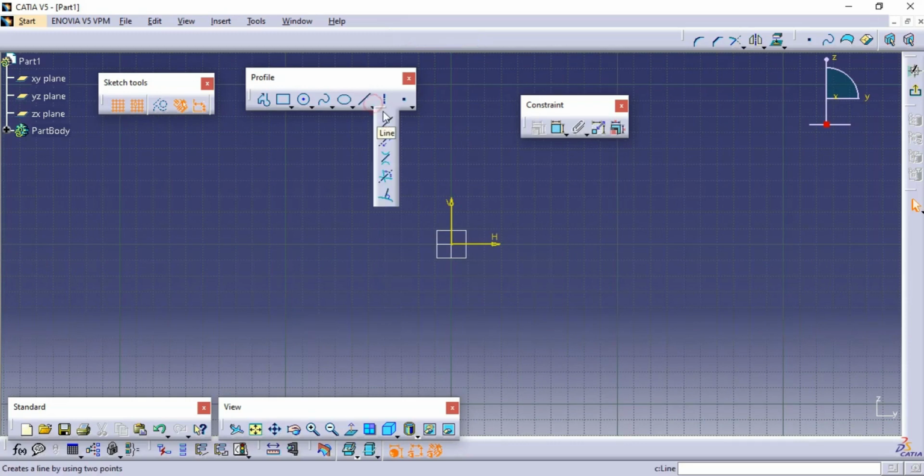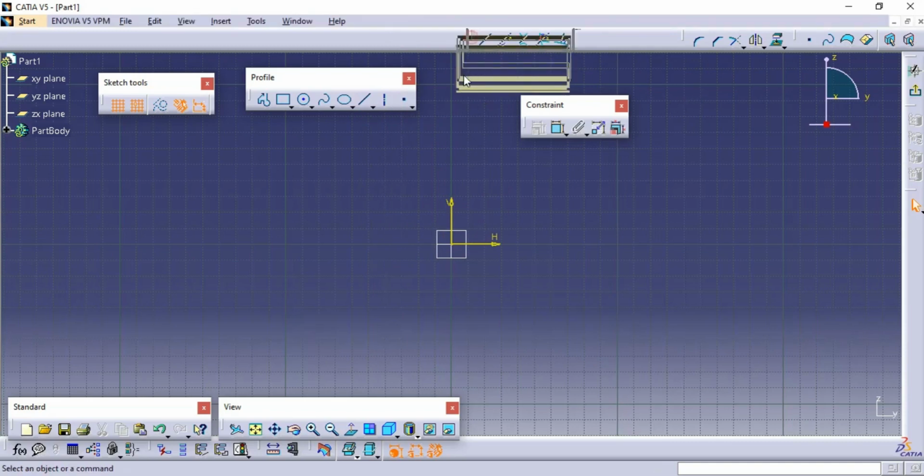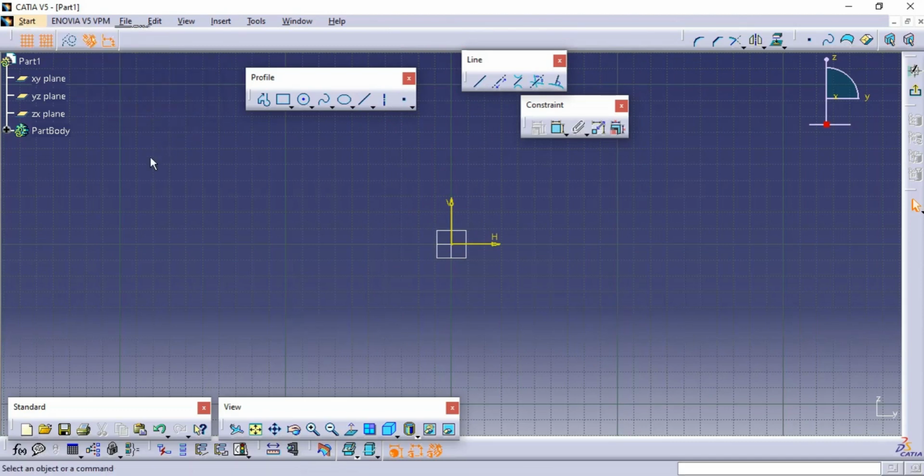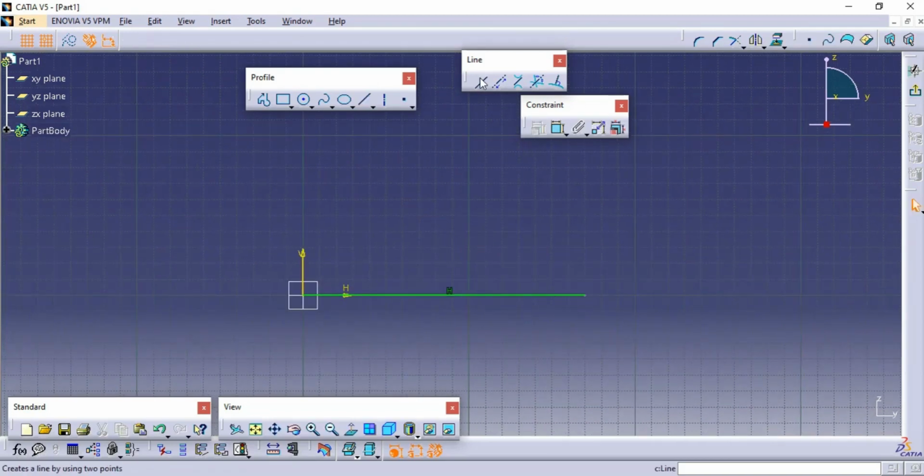Okay, now next we will see the various types of lines. For that purpose we need to click on the line command. So there are various types of lines here. Okay, so I will locate the sketch toolbar, sketch tools here. So the first line is what? Simple line. Okay, so we can draw this line as per our requirement. When we draw the horizontal line, it will create all its properties. So here it has generated the horizontal line property, and it will also generate the vertical line property.